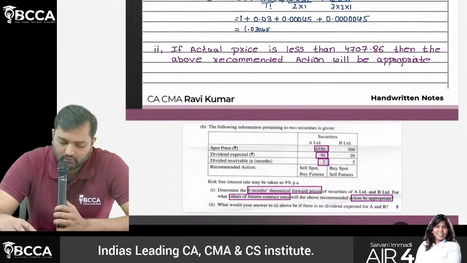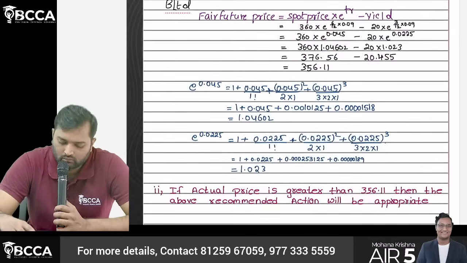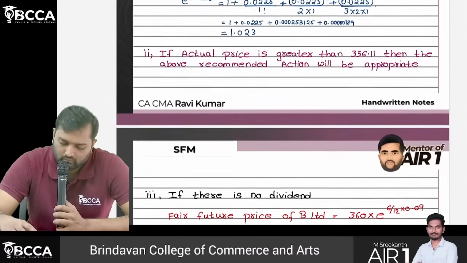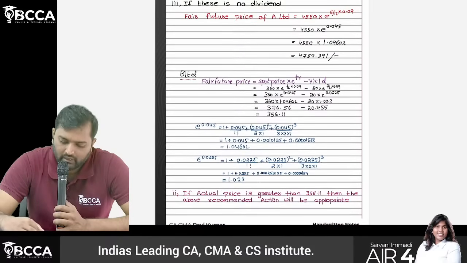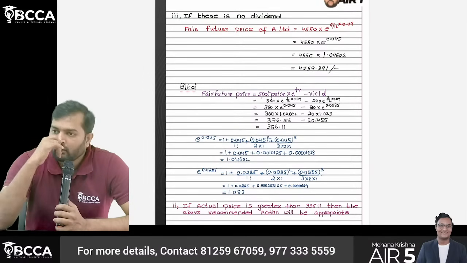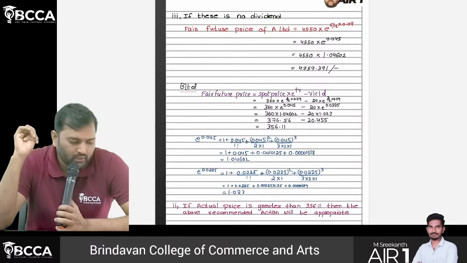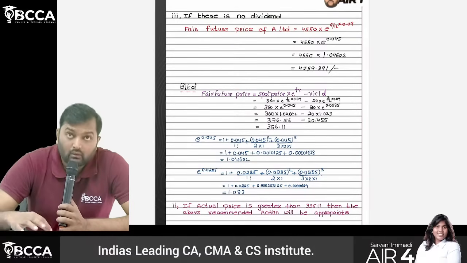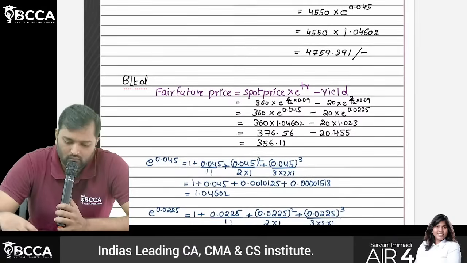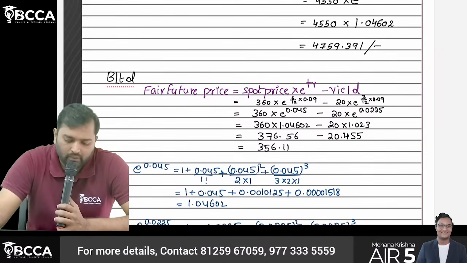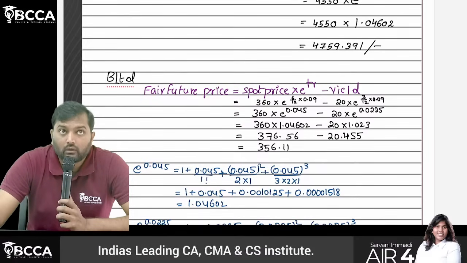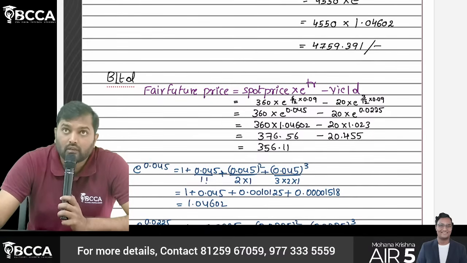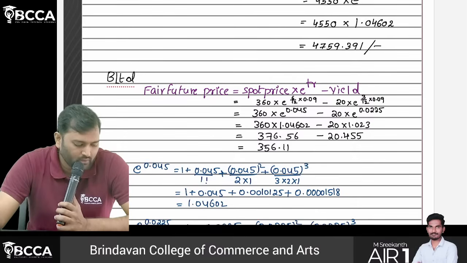the next company, B Limited. For B Limited, you can do on your own. What is the price? 360 into e power 6 by 12 into 0.09 minus 20 into e power 3 by 12. Why 3 by 12? Because the dividend is receivable in 3 months. That means we have to do compounding only for what? 3 months. So 356.11 is the fair future price of a